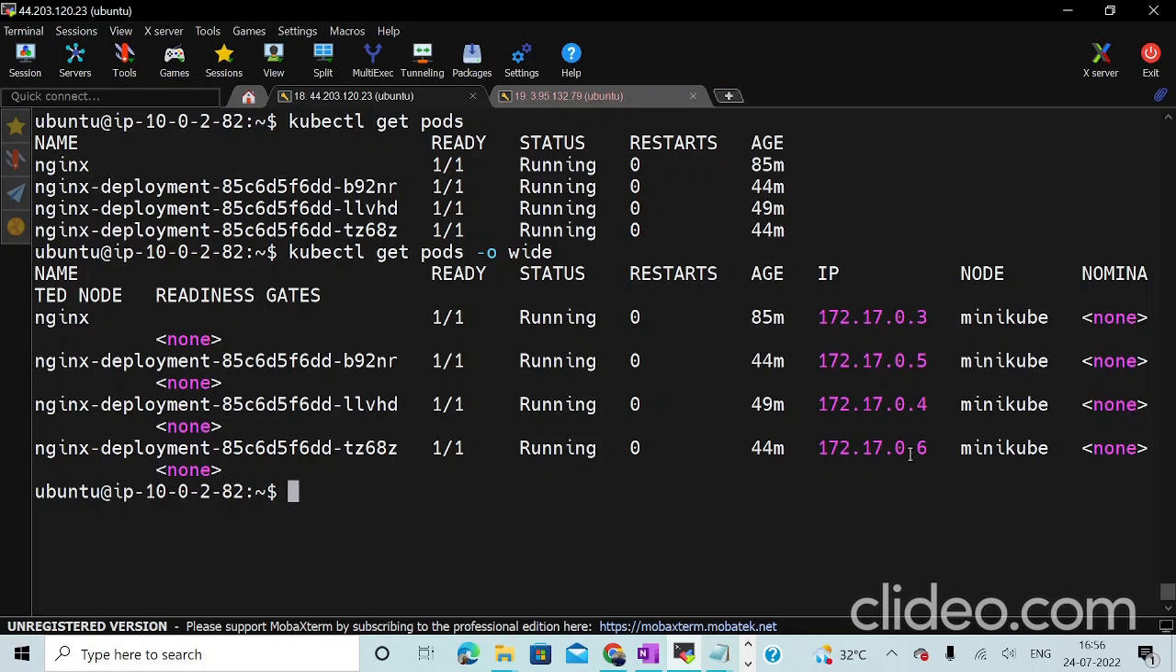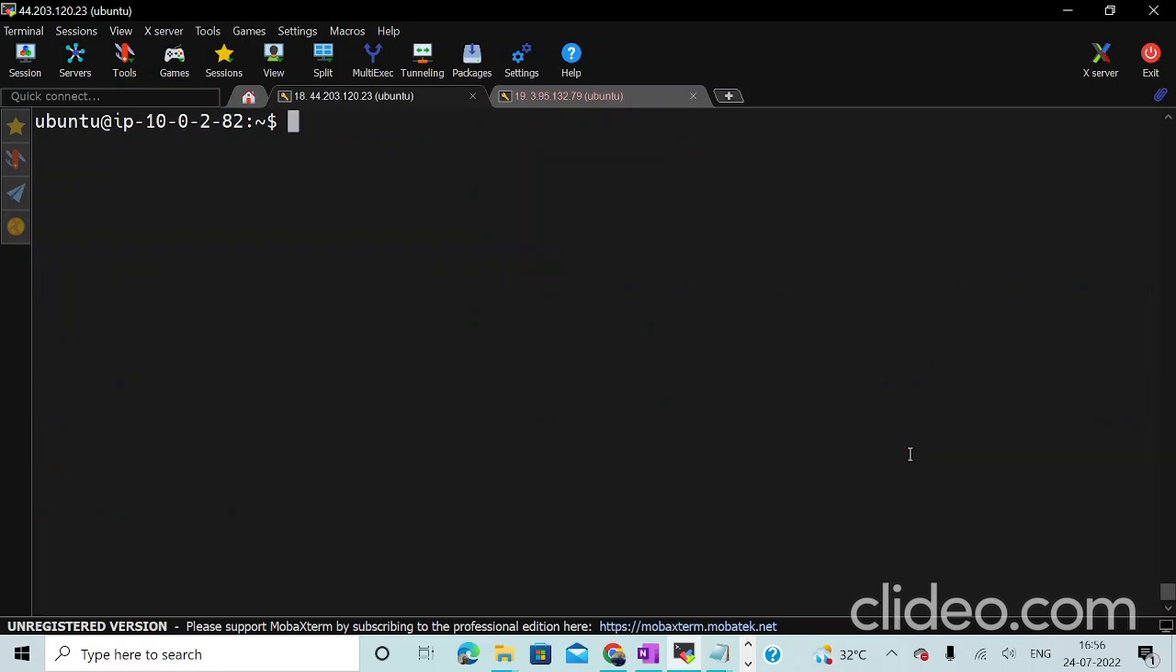So let me clear my screen. I just wanted to explain the pods which are a part of the deployment, and these particular pods are making use of nginx as a server. I have demonstrated this, so let me again